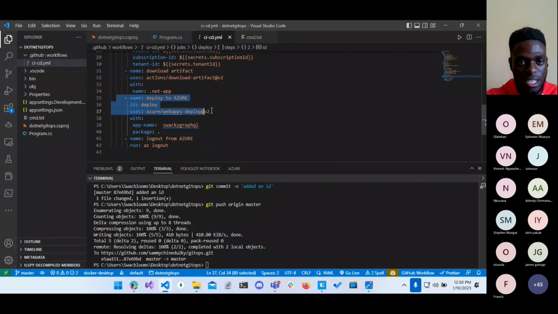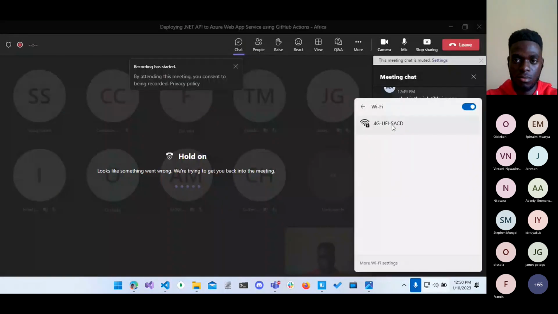So this is the ID for this step. This step has an ID, and for this,